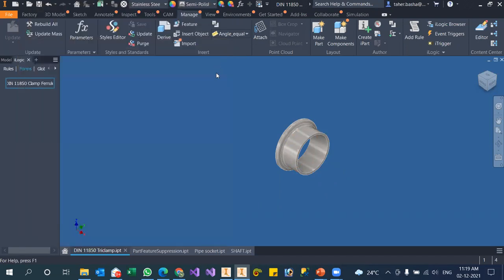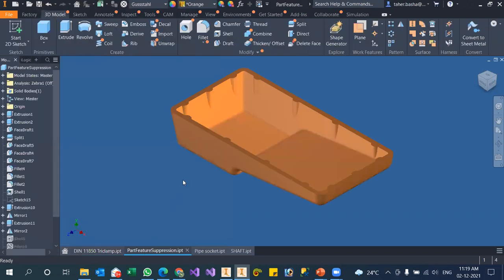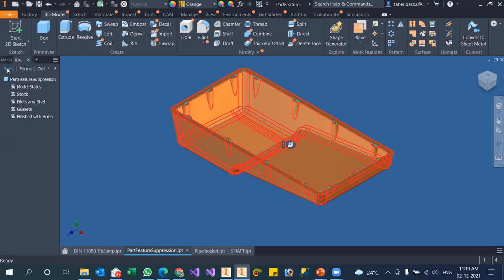Let me show the other model. We have seen how to control the parameters. Now we are controlling the features. Features in the sense extrude feature, split feature, face, hole or shell. These are the features. We can control those features as well.